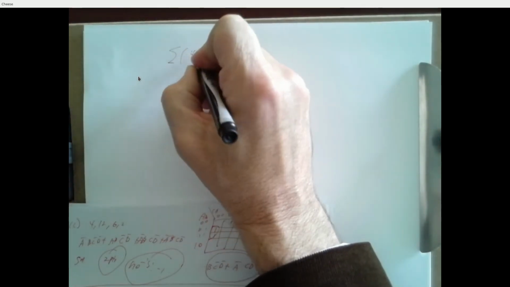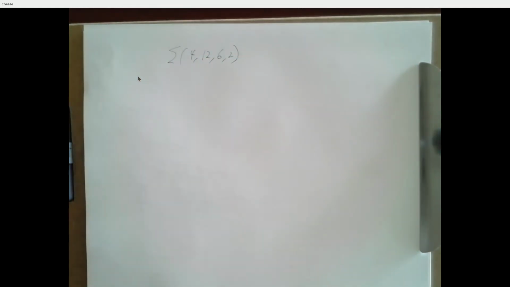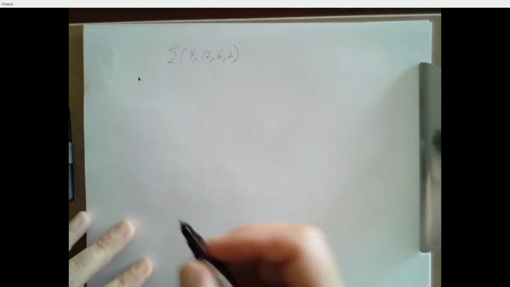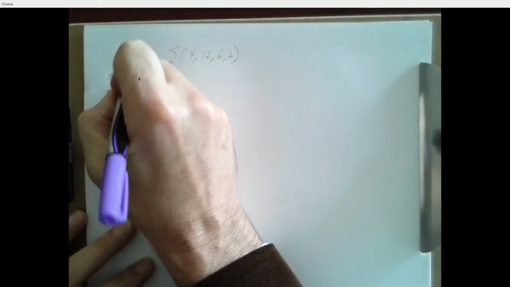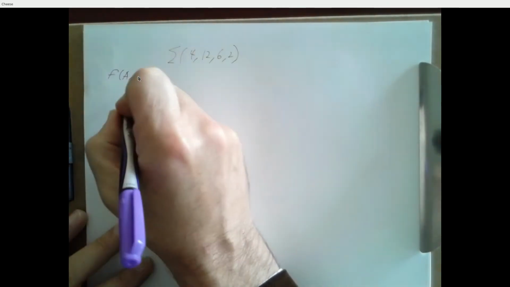So I graded question C on the homework, which was minterms 4, 12, 6, and 2. Your goal was to write an unsimplified sum of products and product of sums, and then to use a K-map to simplify both of those. For sum of products, I think people nailed that one down. If we think of our variables in this order, and we were to write